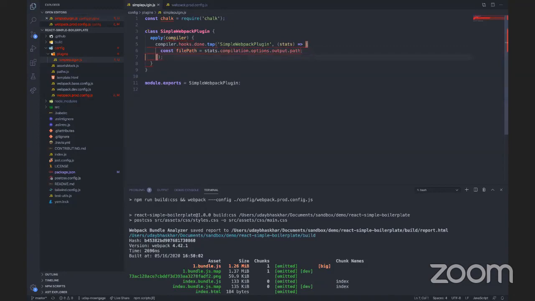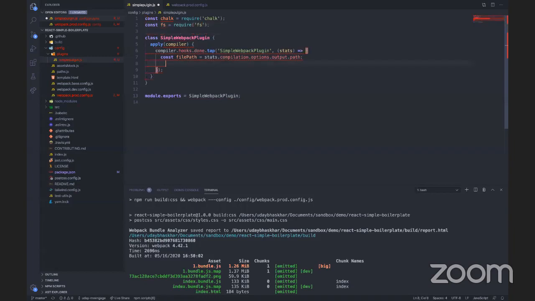So we have the file path, right? And I would also use fs equal to require of fs, fs dot read directory. I will read the directory and I will read the file path.